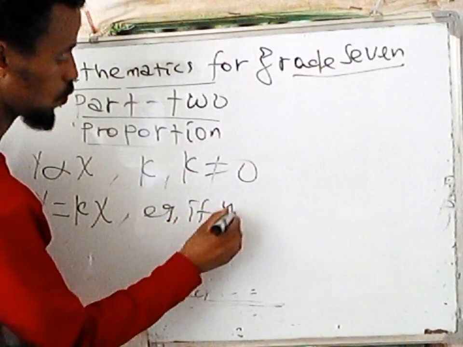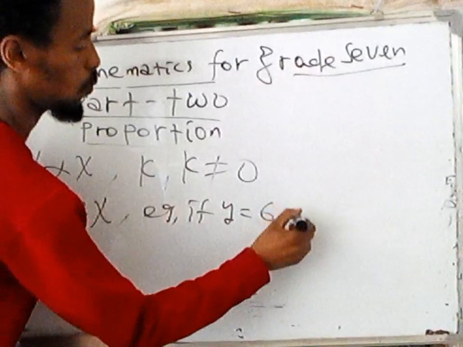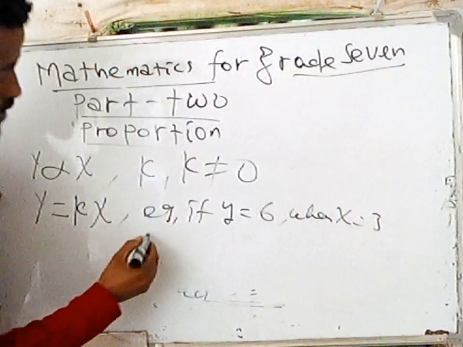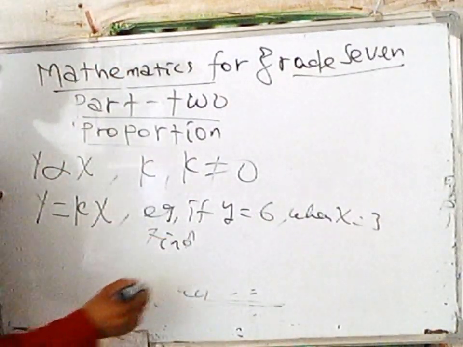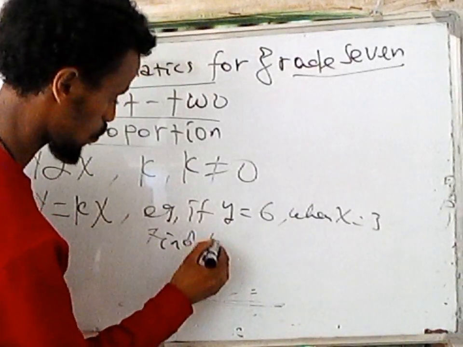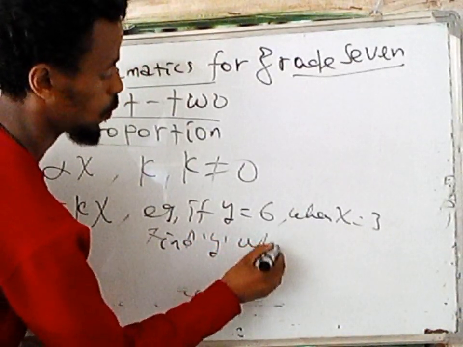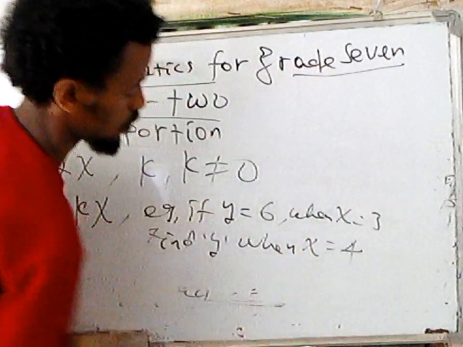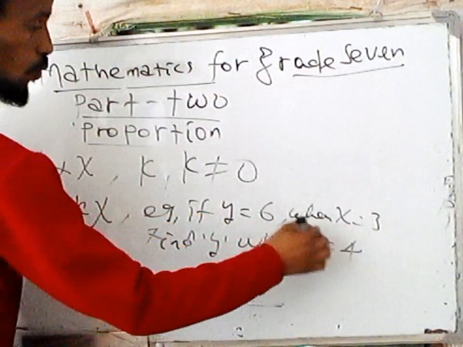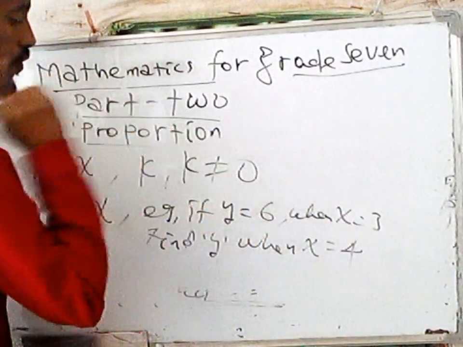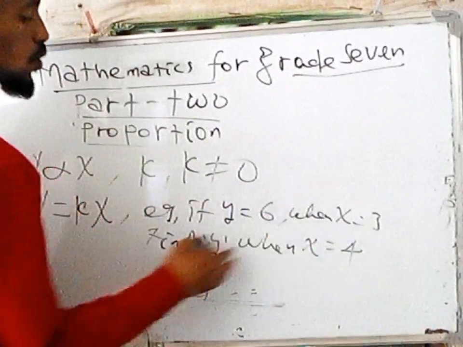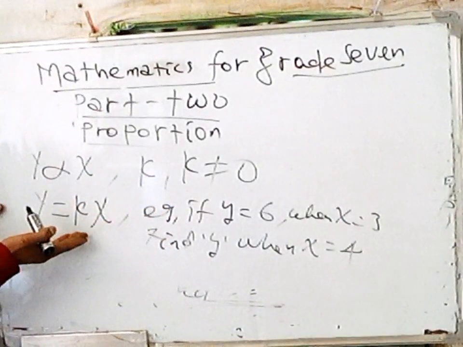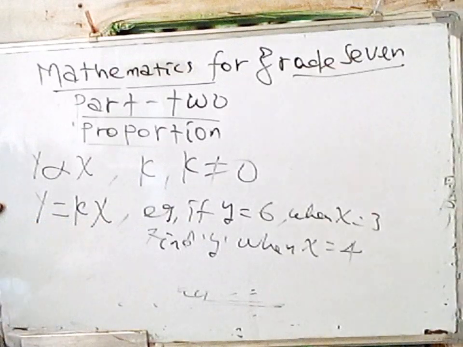If y is equal to 6 when x is equal to 3, then find y when x is equal to 4. y 6 ሲሆን x 3 ሲሆን y ስንት ይሆናል? x 4 ሲሆን y ስንት ይሆናል? ስለዚህ የሚጠበቅብን ምንድነው? The only thing is to find k. Finding what? Constant k. K መፈለግ ነው።